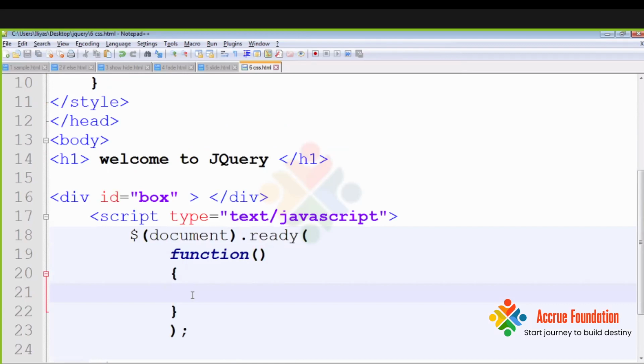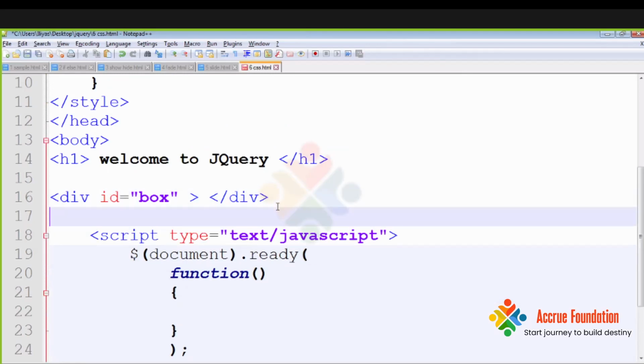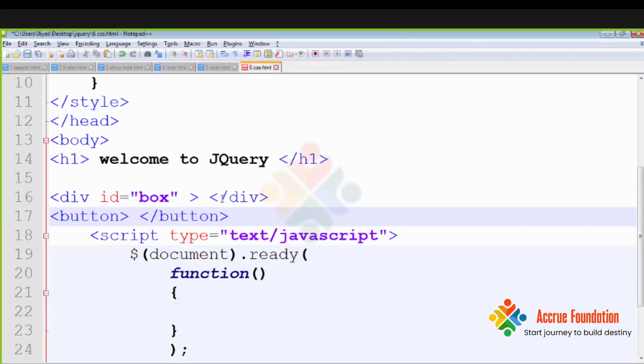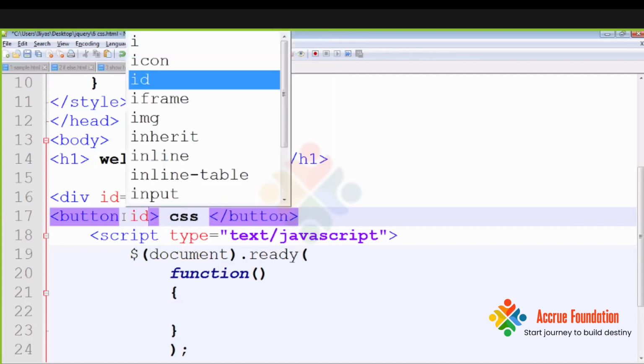Here I have to write the function. I can add a button also, so that if I click on the button, this function should run. I'll write a button and call it CSS; you can give any name. Here the function will run.